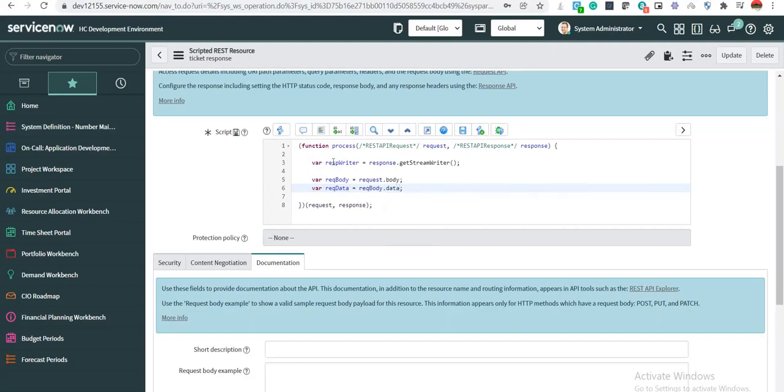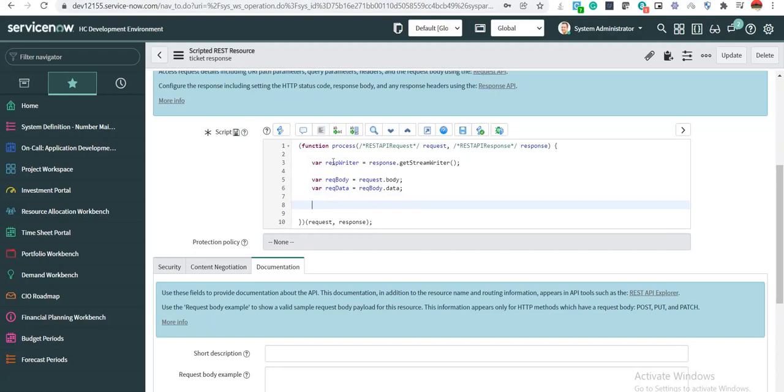So now I have my request body as well as request data. And we can configure the same scripted REST API for multiple different intents and perform each and every function individually by giving if-else conditions. On the 8th line, I'm going to show how to do that. So request data